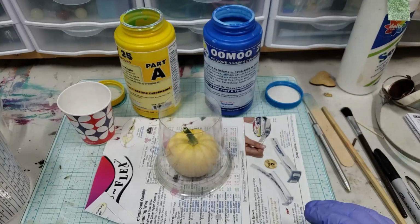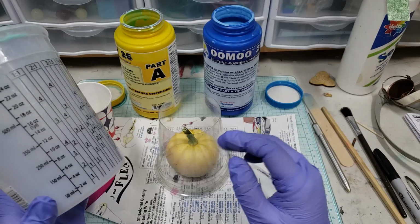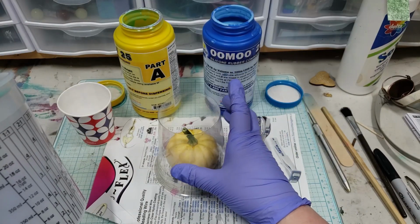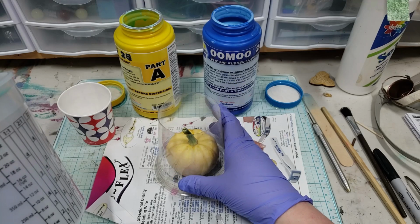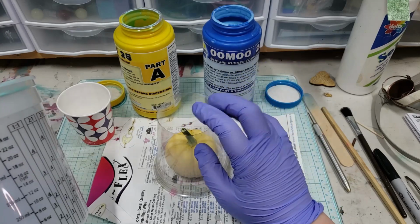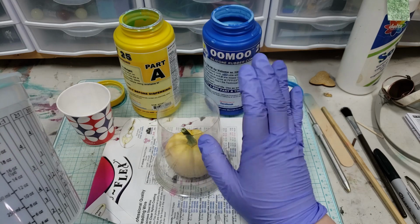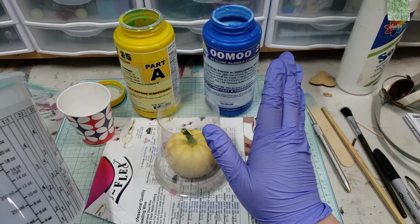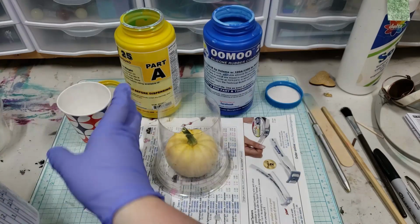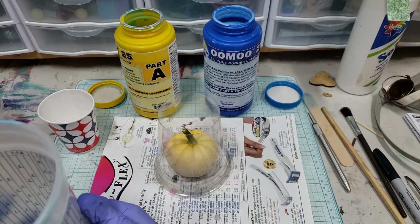I've already mixed parts A and B, and I'm going to be doing 5 ounces of part A and 5 ounces of part B, because this was a 16-ounce solo cup. And I'm thinking about it, and I'd rather go ahead and do the full 16 ounces just because it's easy to measure on here, and I have this to do excess into, and I'm sure I can find something else to pour it into